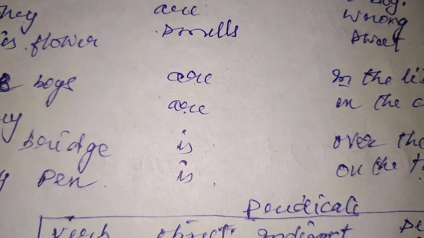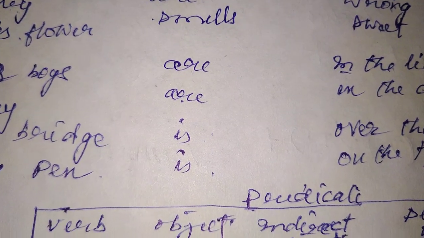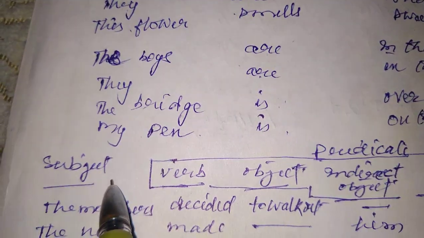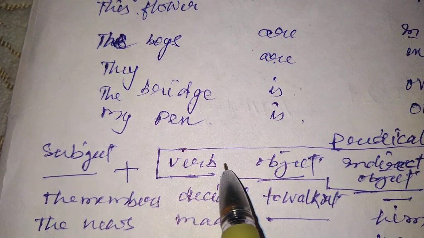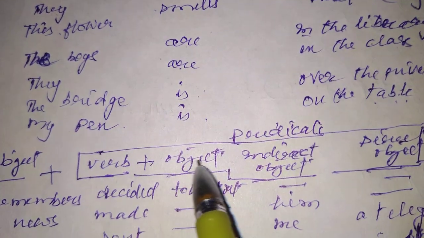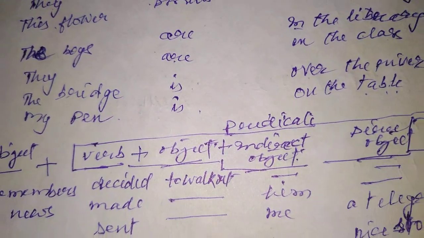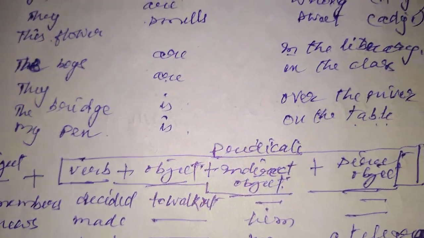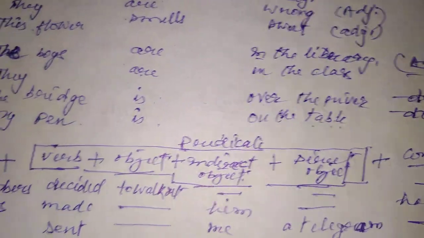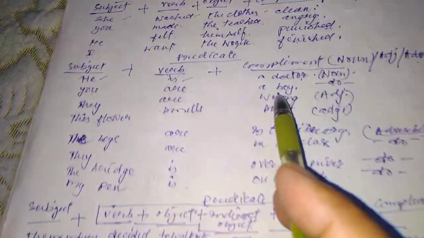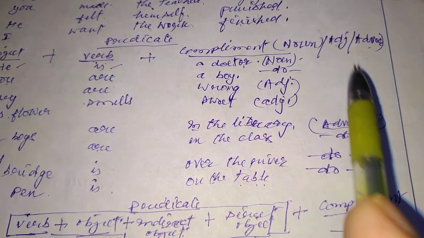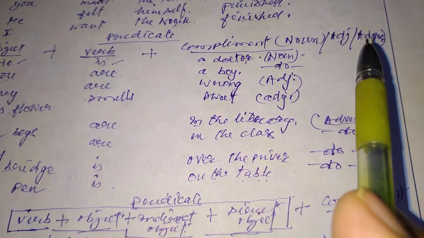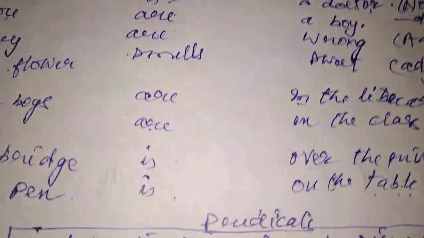Lastly, predicate could be divided into 4 parts. We will see here again. Subject plus predicate, and predicate contains these 4 parts here. उसके अंदर एक तो verb होगी, एक object होगा, एक indirect object होगा और उसके बाद direct object होगा और उसके बाद हम उसमें complement add कर सकते हैं, like we have done in our earlier topics here. ये कौन सा कॉम्प्लीमेंट हो सकता था? नाउन हो सकता था, एडजेक्टिव होता था और एडवर्बियल. So here we will see again.